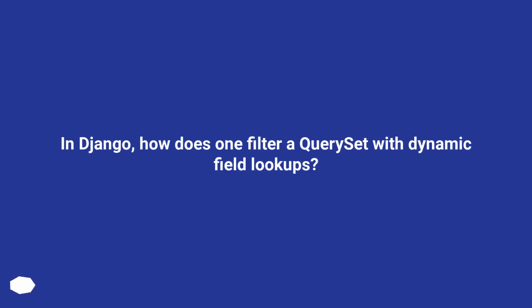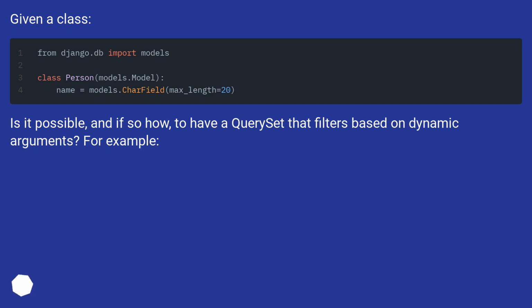In Django, how does one filter a query set with dynamic field lookups? Given a class. Is it possible, and if so how, to have a query set that filters based on dynamic arguments? For example,